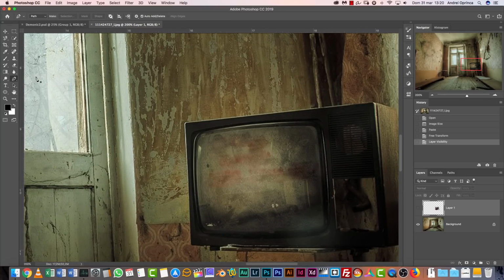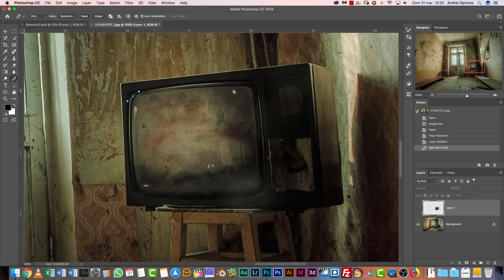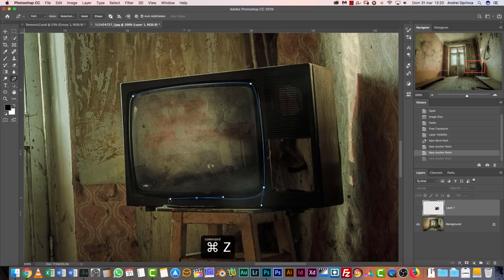You can get the pen tool with the P key. Make sure you set this to path, and just draw a shape like this. It doesn't really have to be a very precise selection, but do your best. Okay, now I'm gonna select this, and with the Option key or Alt, I think it's on PC, I just